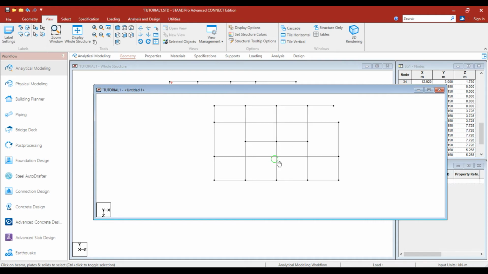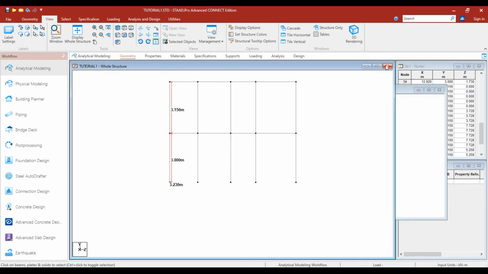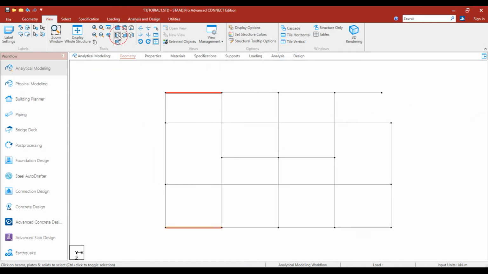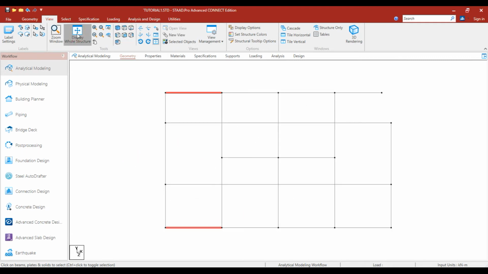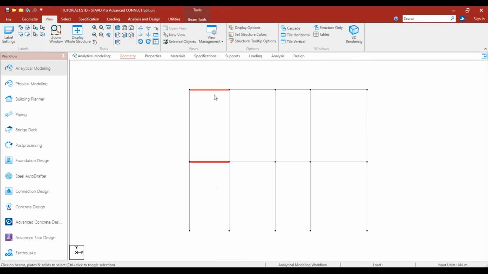Let me show you. So if you notice, the reason why I have this model touch is because I just clicked on connect on X, connect on Y, which is very wrong. I should have moved one way after the other. So what I'll do is I'll delete all connected beam on X and Y direction, and the only way to do this faster is by coming back to this view, display whole structure, and putting it on the side view, and